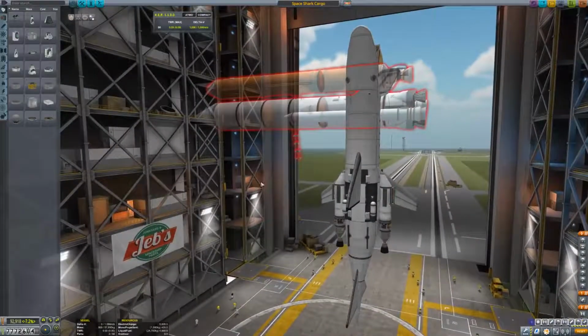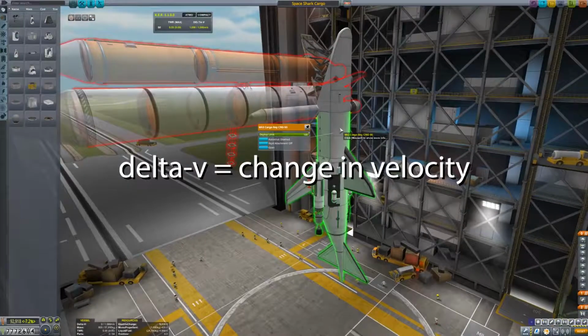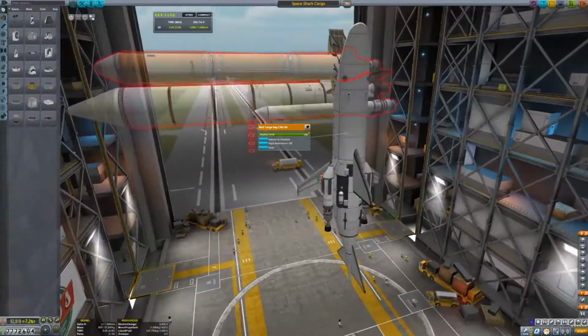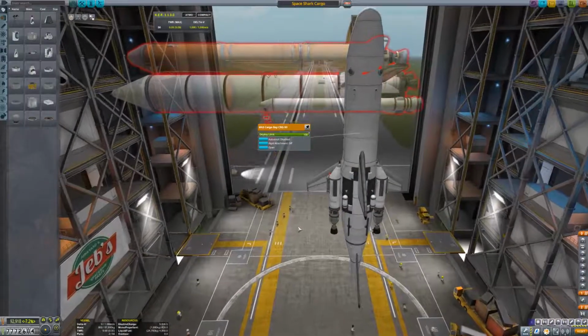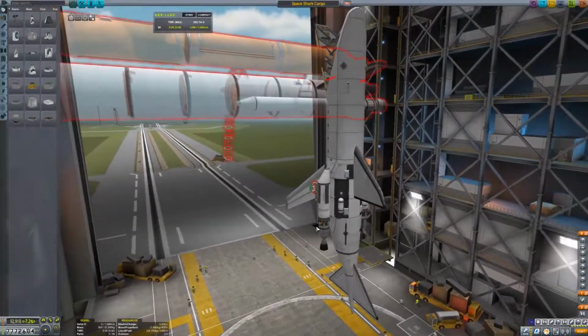Alright, to get from the surface of Kerbin to the surface of Laythe would be 7,400 delta V. Okay. To apply that to Space Shark. Okay. From the low orbit of the moon to the surface of... Wait, am I doing this right? Low orbit to surface is 2720. So currently,